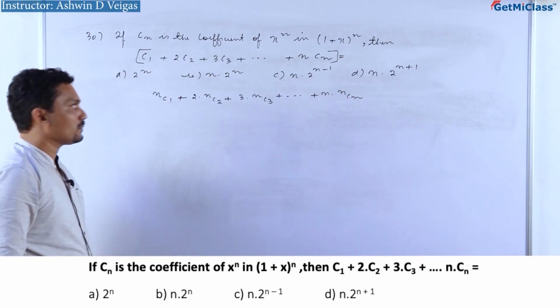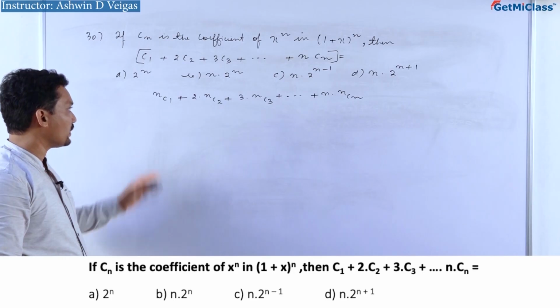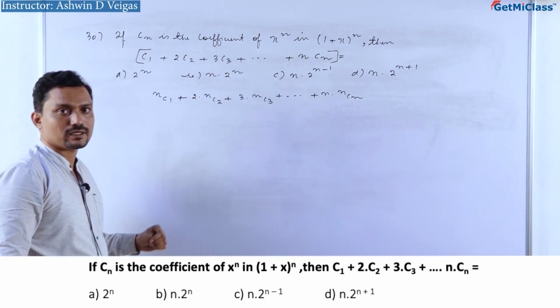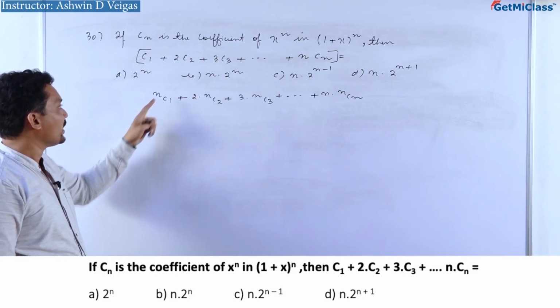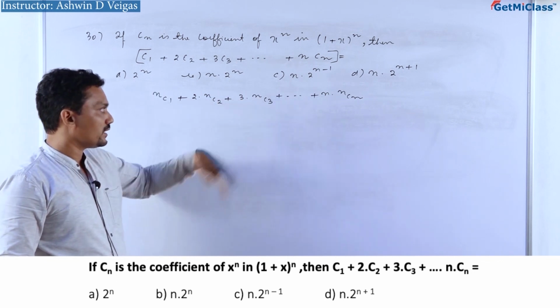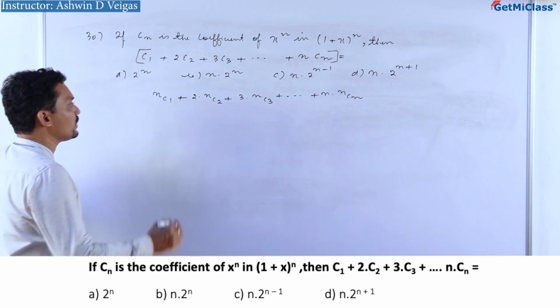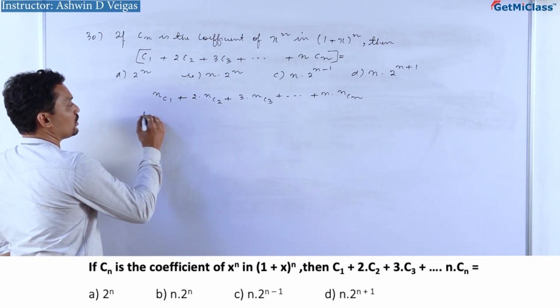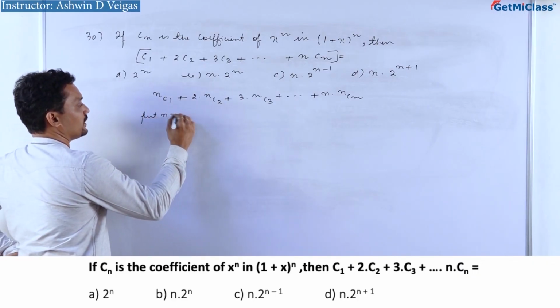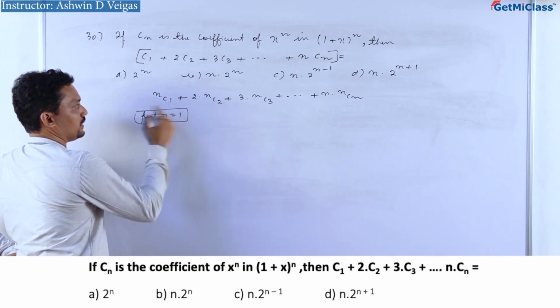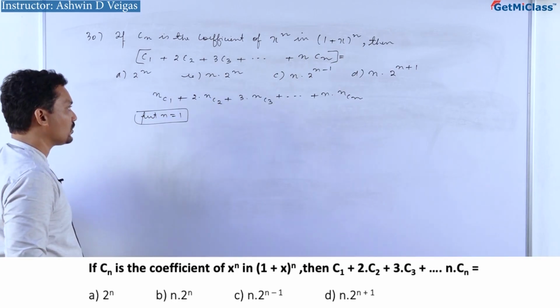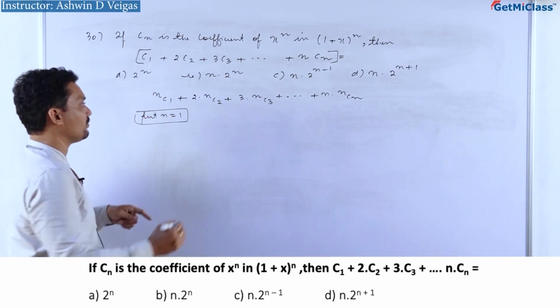Now these kind of problems can be done easily without actually solving. Instead of solving this question and taking a lot of time, we can put some value for n. I will simply put n equal to 1 in this. If I put n equal to 1, this will become 1C1